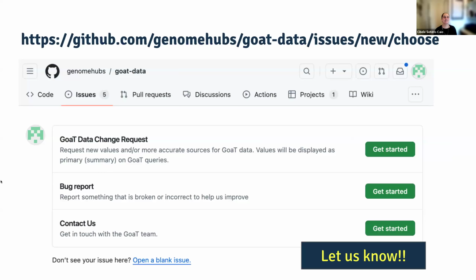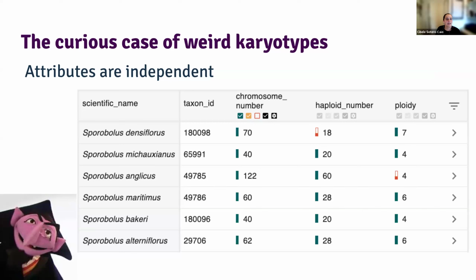So what you can do is go to GitHub. There is the actual project page. If you go to help, you'll see contact, and that will redirect you to us. You can either use the templates we created, or you can open a blank issue, just complain, and enter. Just pick your words carefully because I'm the one reading them, and also, it's going to be public. But yeah, if you are unsure of anything, you can always use the GOAT contact email that is also on the webpage.